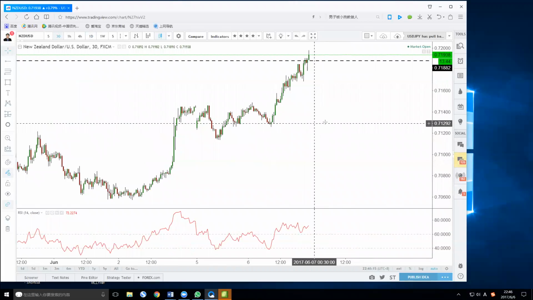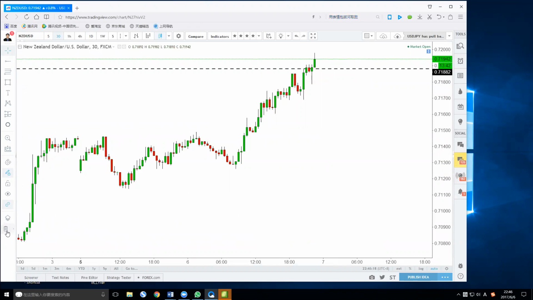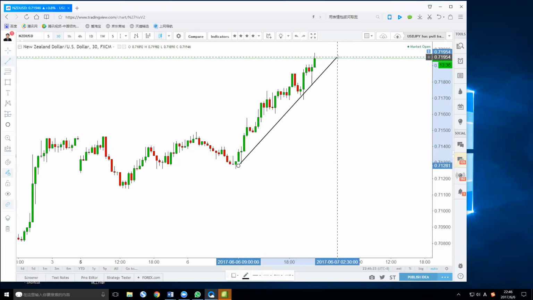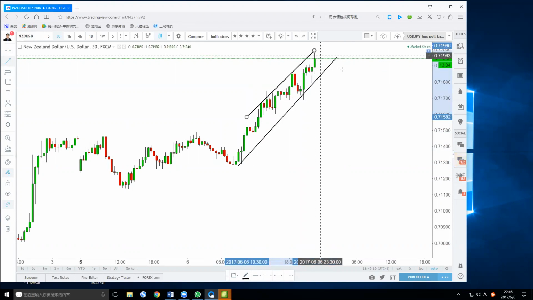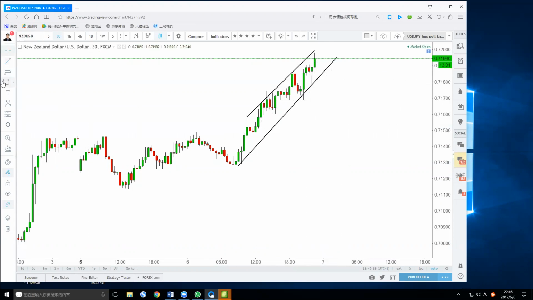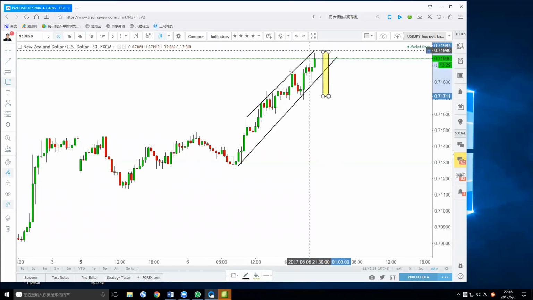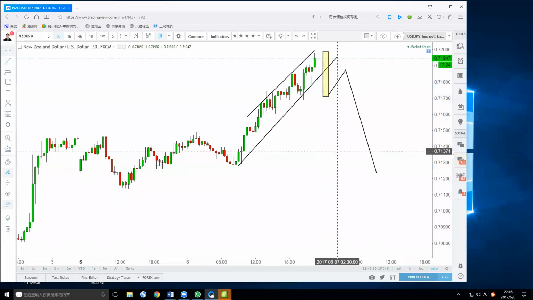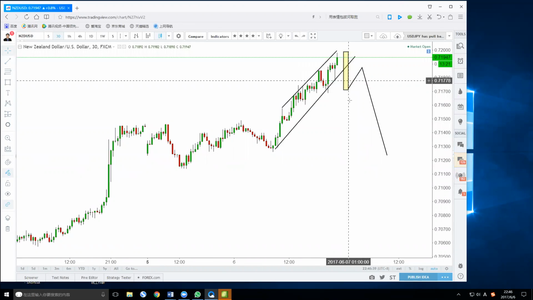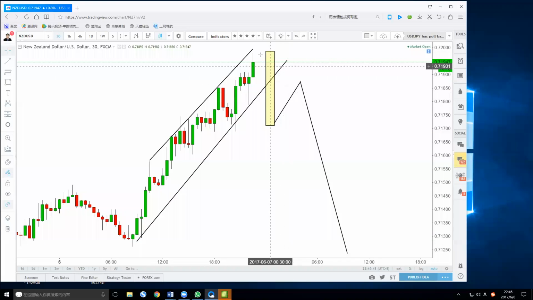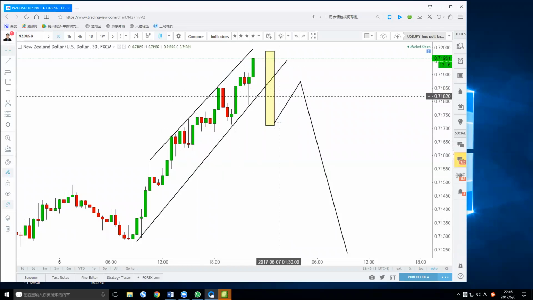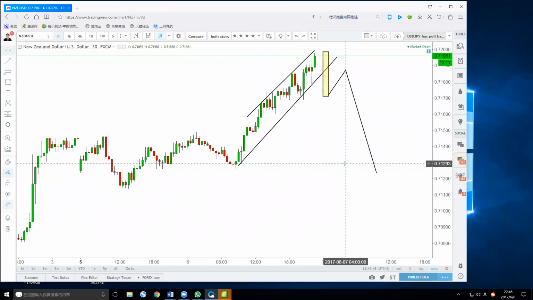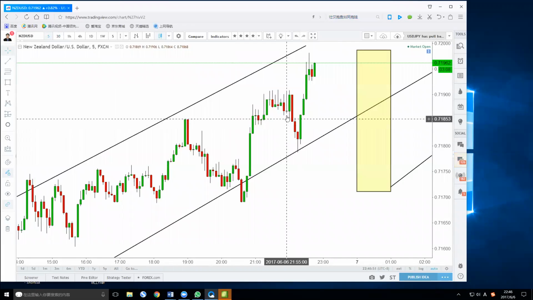But in the 30-minute chart, of course, it's actually in the uptrend channel, but there's no significant bearish candle yet. You can wait for a bearish candle to break this trend and then find a pullback to short. But you need to see this bearish candle. We need to find a bearish candle to close below this trend channel and then find a pullback to short. Right now don't short Kiwi because it is so bullish.